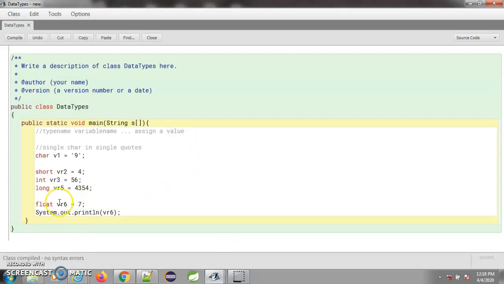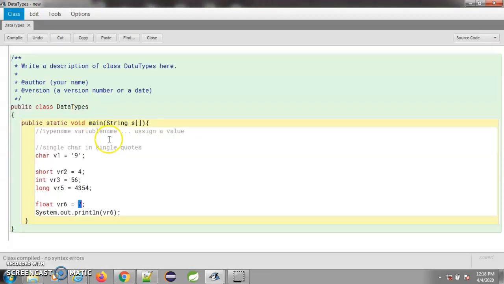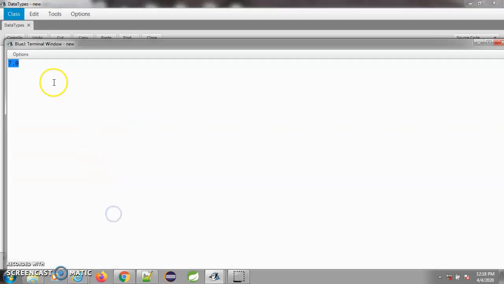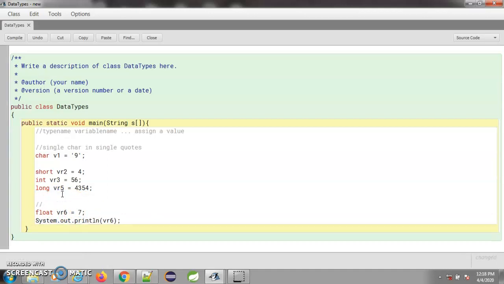Okay, so for float, as of now, just to understand, we can give 7, but when we are printing we are getting 7.0. So we can see that inside float, when 7 is getting assigned to vr6, it is being treated as a decimal only, because when we are printing it, it is giving the output as 7.0. Okay, but our only takeaway from this session is that we'll have to check later how to assign a direct literal value to a float variable. Okay, so this will be in the next session.